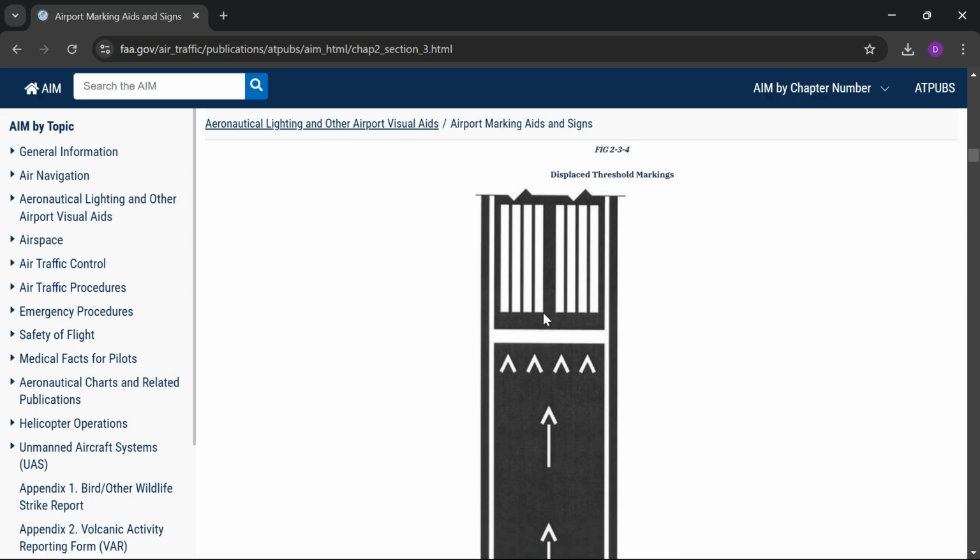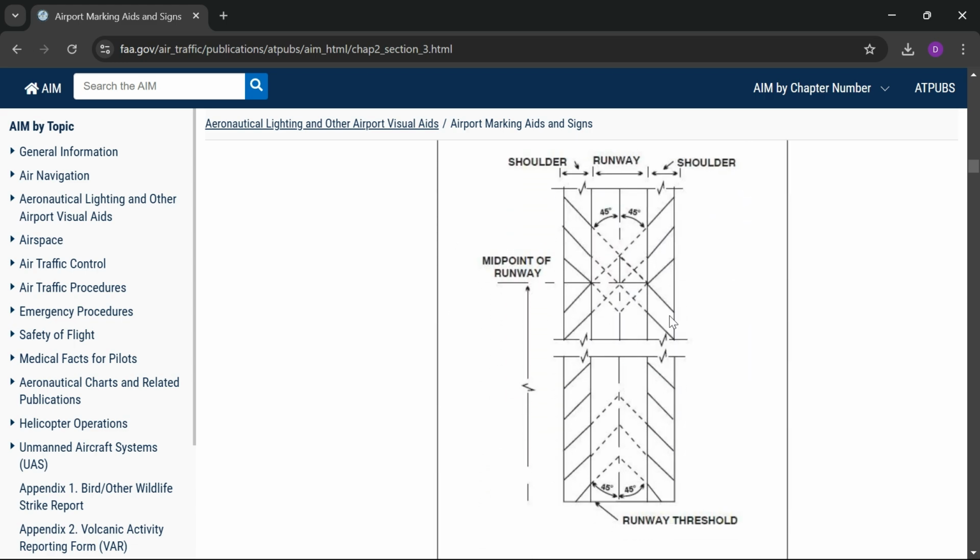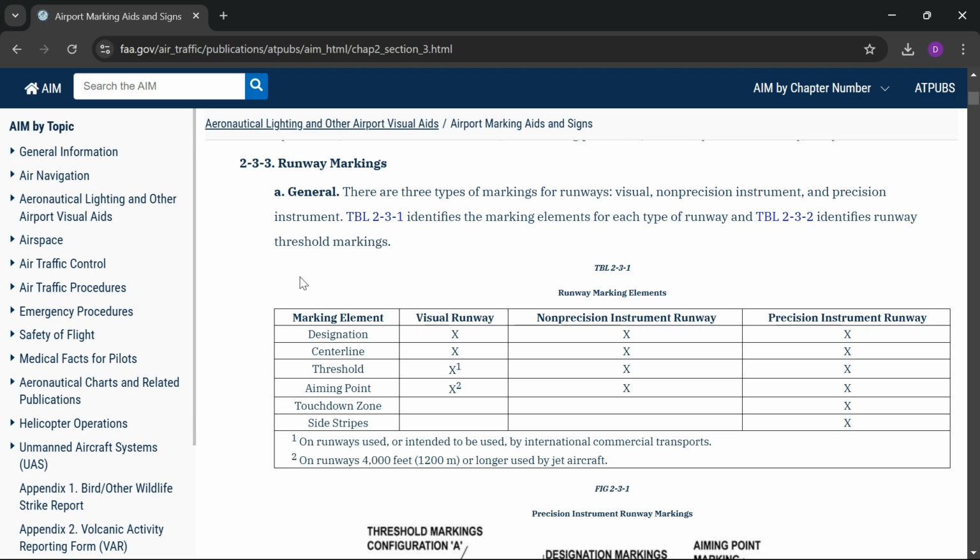So now we've got a few diagrams here showing what we just talked about. And that is going to do it for this video on